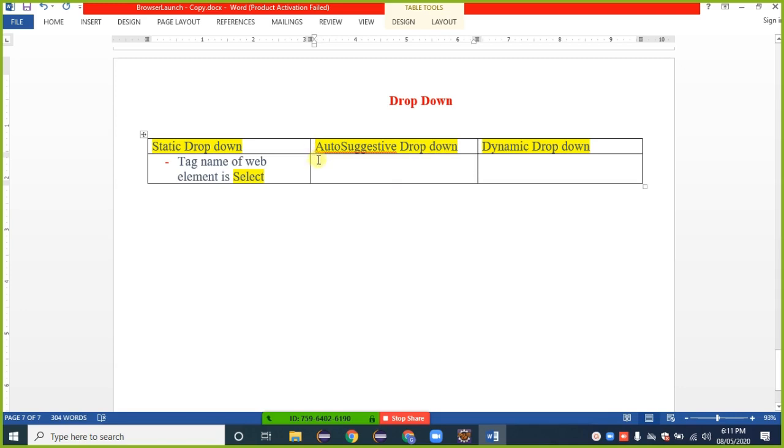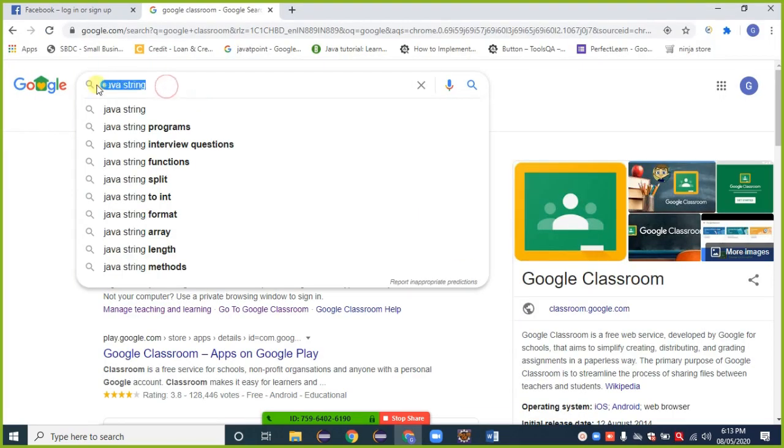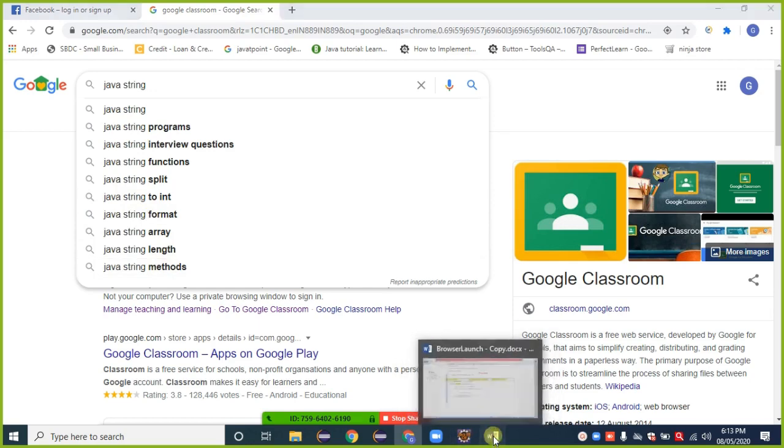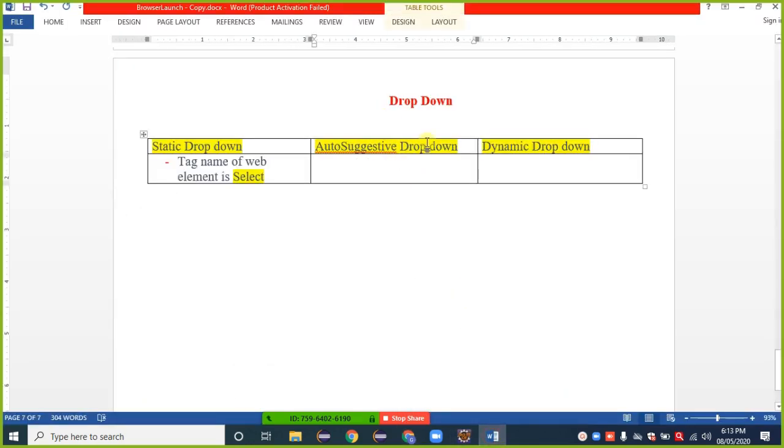So auto suggestive means that I am providing some letter, some word here, and depending on that we get suggestions. Such a thing is called auto suggestive. The same thing happens regarding a drop down. When I try to enter some word, I get suggestions from that drop down, and depending on that suggestion, I need to select that value.